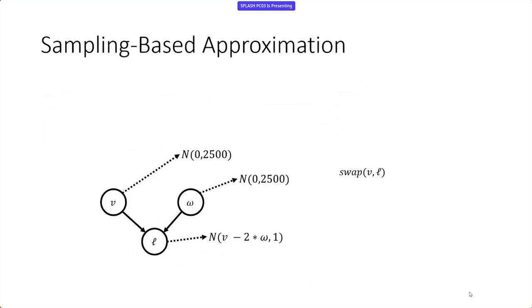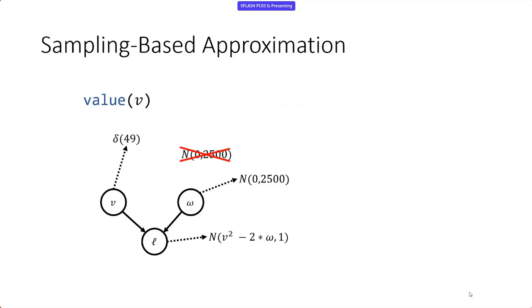In the example, I explained that the semi-symbolic runtime determines that this is an affine function. A useful counterfactual is to imagine if this was not actually affine. If there's a v squared in there, that means that there's no affine function that can represent this. The way semi-symbolic inference is going to deal with this is it's going to call value on the parent variable v. What this means is we're going to draw a sample from the normal distribution that v was previously representing and replace v's distribution with a delta around that random sample. And so then using the substitution, we can simplify the inference problem that we're dealing with.